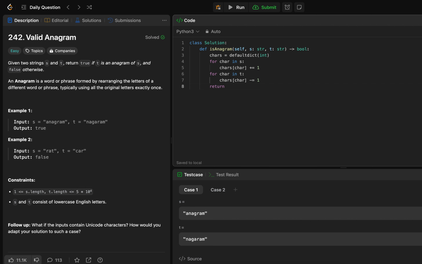And finally, we need to check if all values in chars are 0. We can do it using the function all. This function returns true if all values in some collection are true. So let's check each value and compare it with 0. So, let's call it count, equals 0